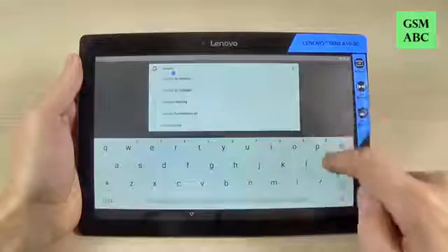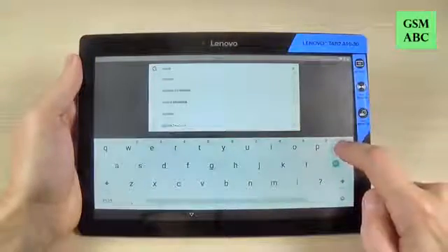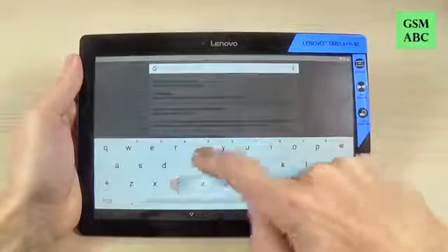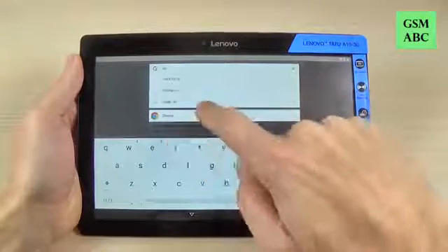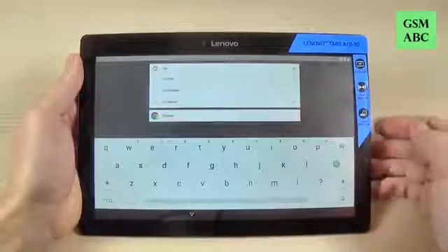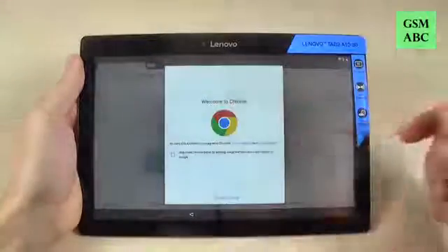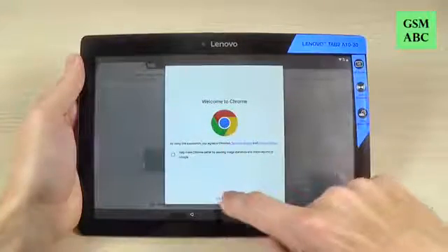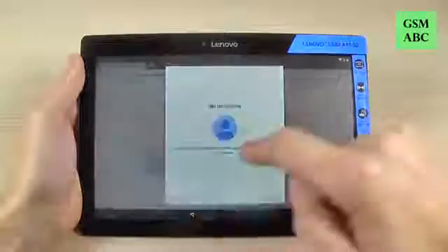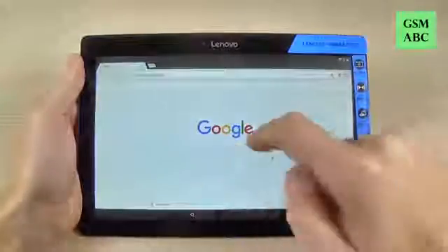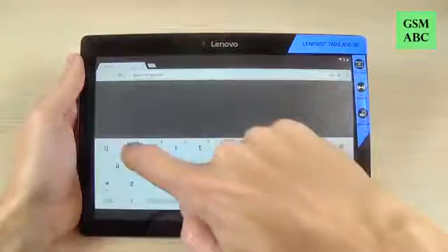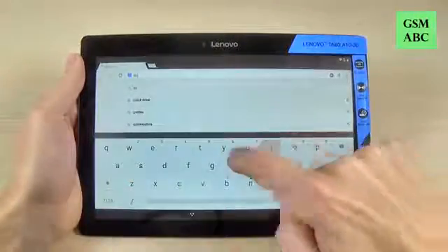Here clean the word and type Chrome. Okay, here is Chrome, just push it on Chrome. And now you have access to Google Chrome. Hit Accept and Continue and hit No Thanks. And on the Google Chrome just type Quick